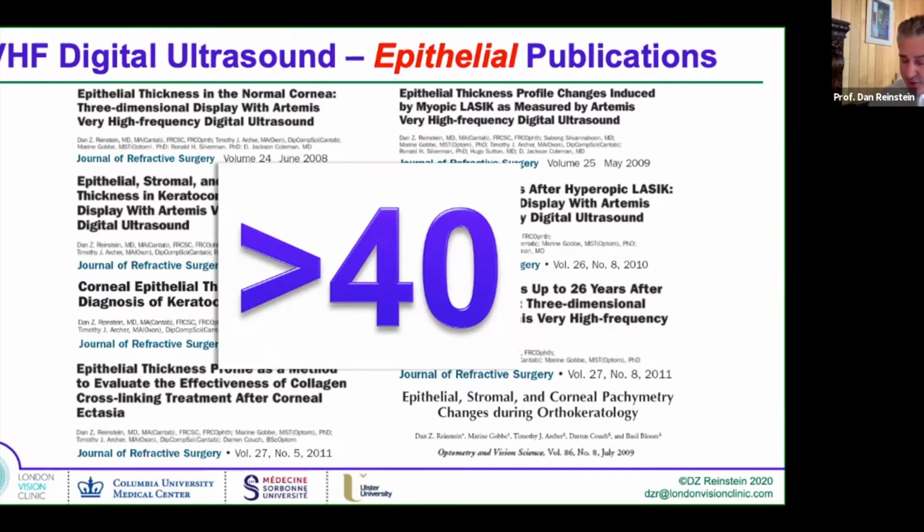Is that there's no technology in the world that has been put into the market with this much evidence already in the peer-reviewed literature. None in my lifetime that I've seen. Now, how did that happen? Well, it's because everyone ignored epithelium for all these years. And so, if you don't have access to something, you don't have an incentive to have an interest in it. And so it gave me a massive runway, and I'm grateful for the runway from a career standpoint, but it's